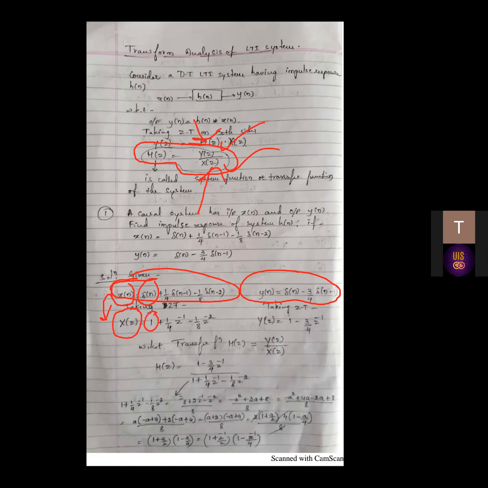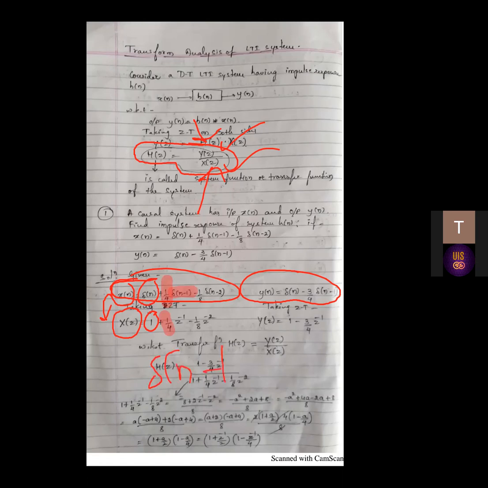If you don't remember, you can go through the last page table in the first part. I have given you that, and even shared the slides. On the last page there is a list of sequences and their z transforms. So delta of n has z transform 1, and 1 by 4 I have kept as it is, plus 1 by 4. Now what is the z transform of delta of n minus 1?